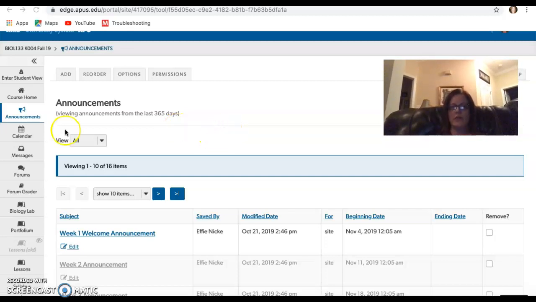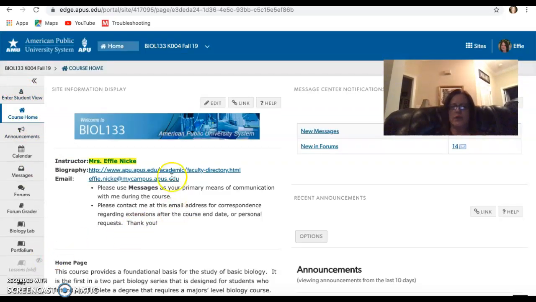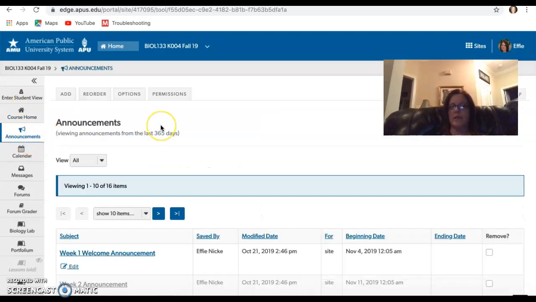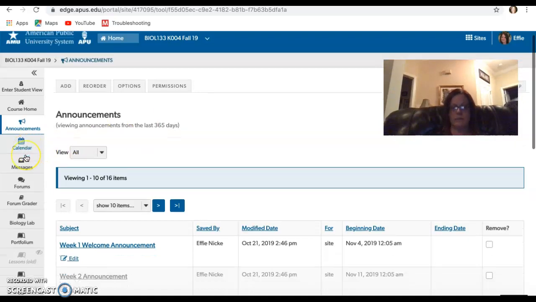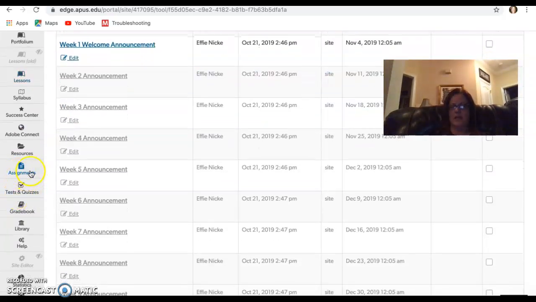Welcome to Biology 133. I wanted to go over some of these tabs on the left-hand side over here. So we know we have the course homepage. We know we have announcements. There'll be a Monday announcement and a midweek announcement. What I really want to focus on are the biology lab, the lessons, and the assignments, because these get a